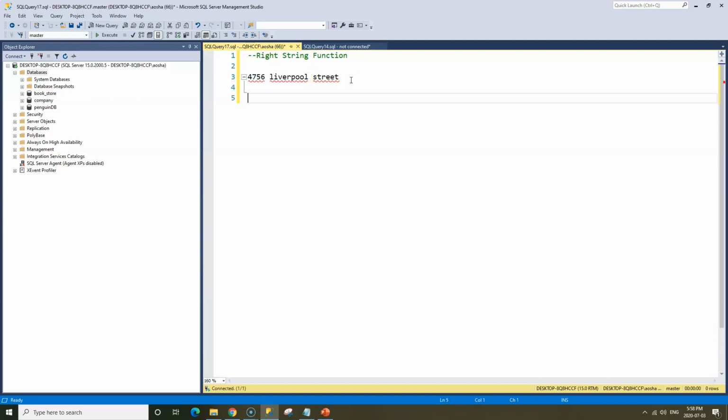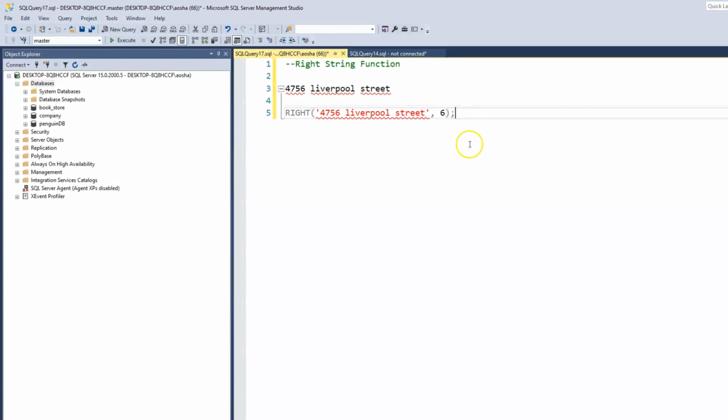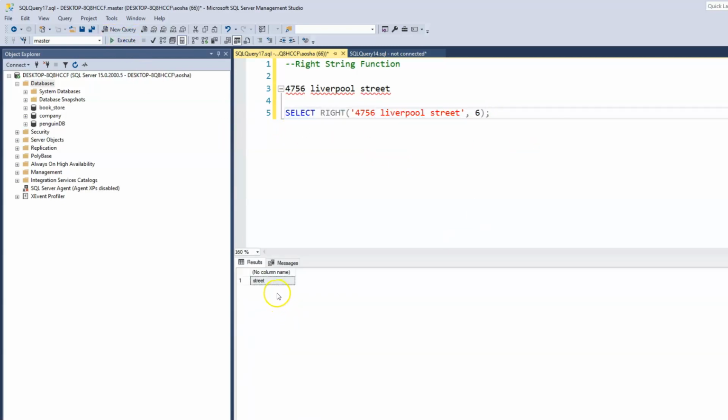So similar to when we did the left function, now we just write right, and then we'd have the character value, and we'll separate that with a comma, and we want the six characters from the right. And we have to have our select statement, so the select keyword. All right, when we run this, it returns street, which is 6 characters